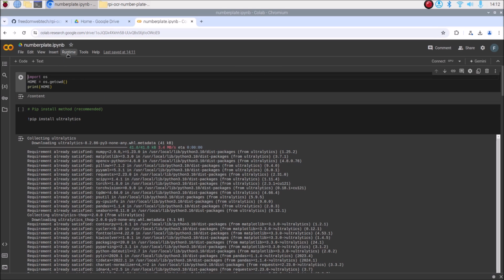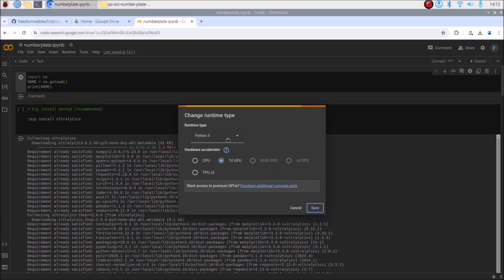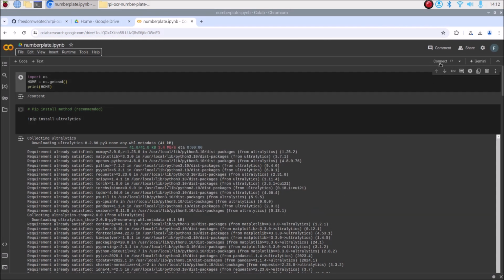Now here just go to the runtime, change runtime type, and we are going to select Python 3 and select T4 GPU. Then just click on save, and then click on connect. So friends, we are successfully connected. Now we are going to simply run our cells one by one. So let's just click on the first cell,